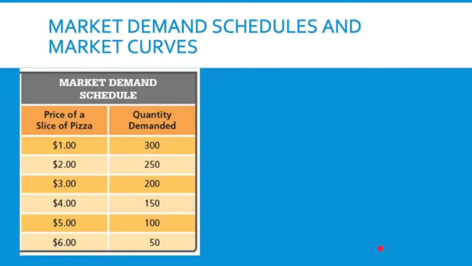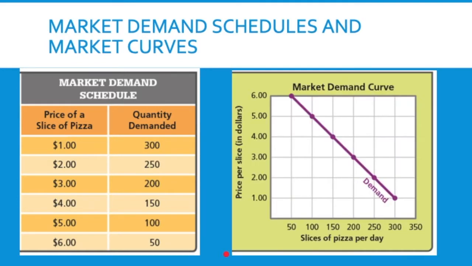If we look at this in a larger number, let's say this was a market, maybe the school's demand for pizza. Everybody's in the cafeteria, and how many slices of pizza would they sell during lunchtime? You have the same phenomenon, the law of demand. As price goes up, fewer people demand it, and as price goes down, more people demand it. We show that again on this downward sloping curve, just like on the individual one. At $6, maybe they'll sell 50 slices of pizza, and at $1, they'll sell 300 slices because people want to buy more of it when it's lower. So this is our law of demand represented visually.